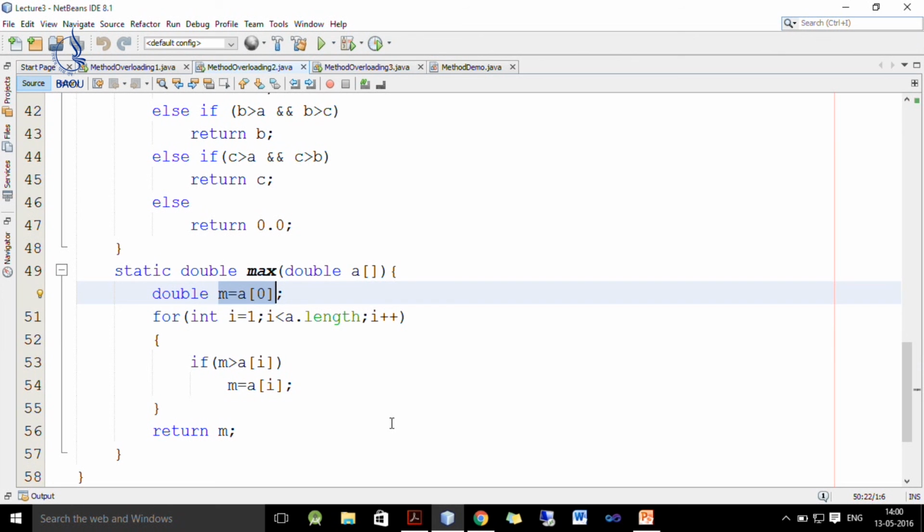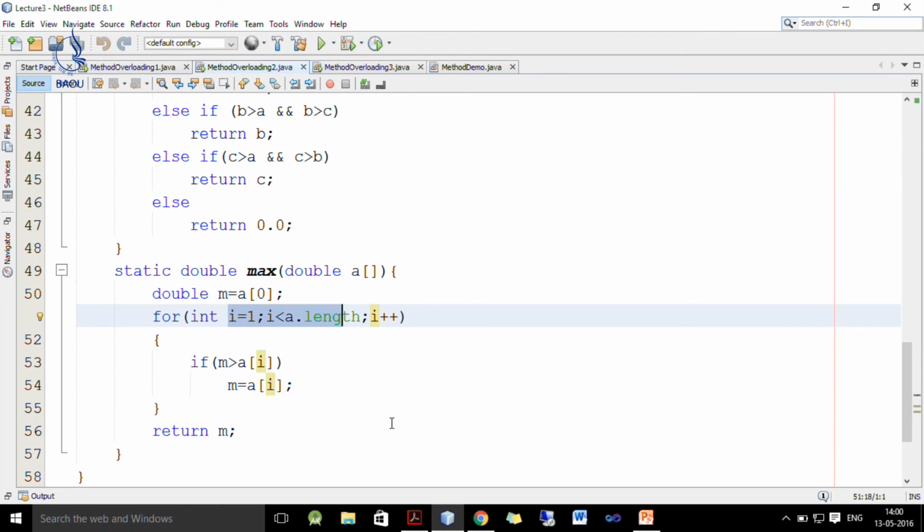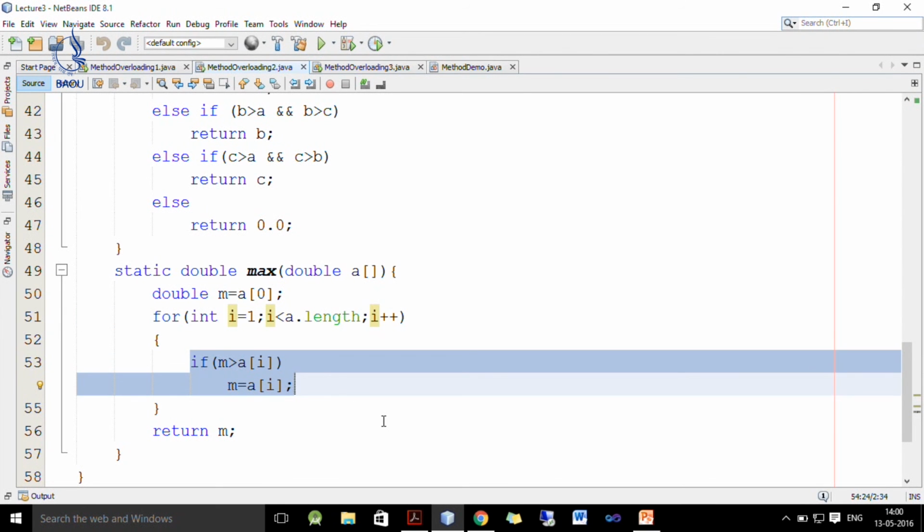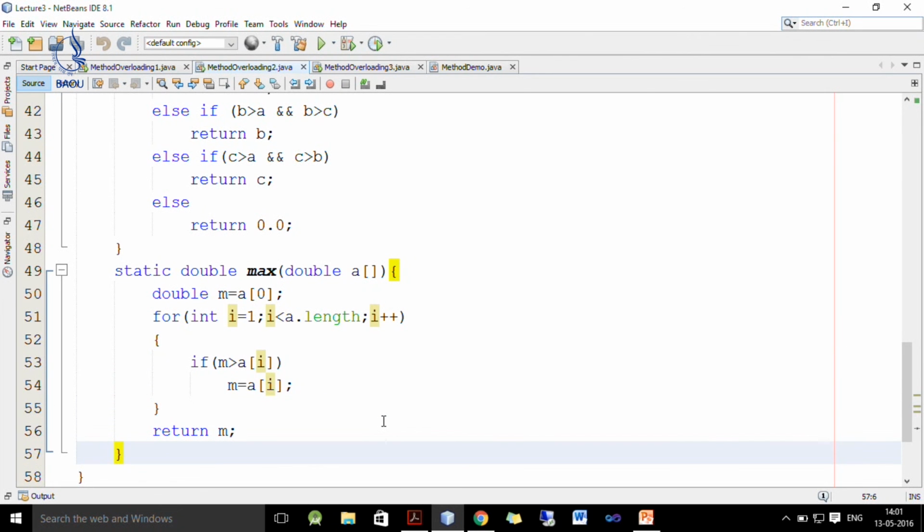So, we initialize m with the first element and check from the first element through the rest of the elements one by one, and if any value greater than the current one is found, it will be stored in m. At the end of the loop we will find the maximum in m and we return that value.